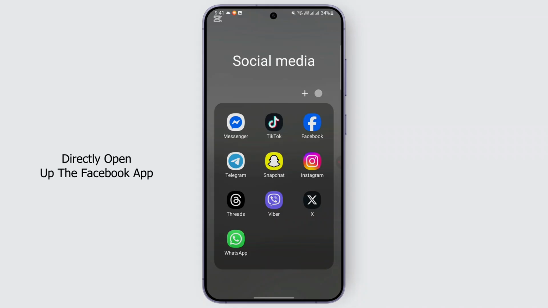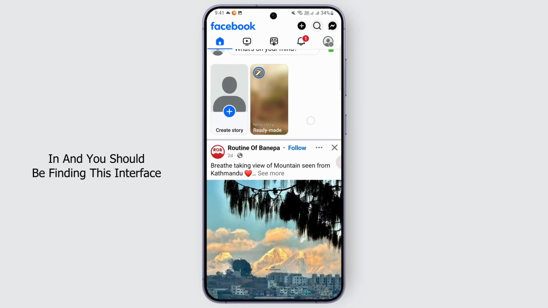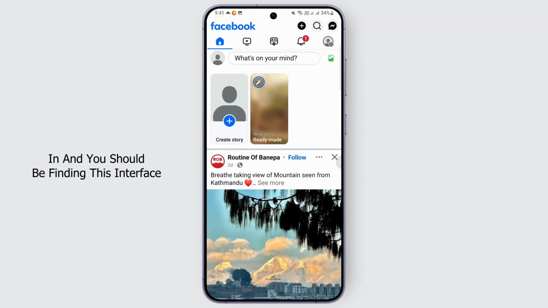So for that, you can directly open up the Facebook app, and then once you open it up, you should be logged in and you should be finding this interface. Now from the given interface, you can directly look if Marketplace is listed at one of the menu options, otherwise what you can do is tap on the menu bar at the top right,